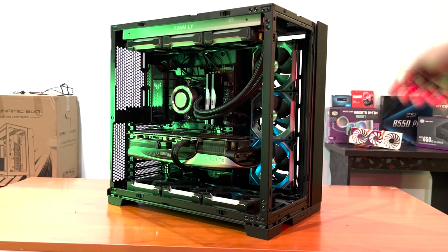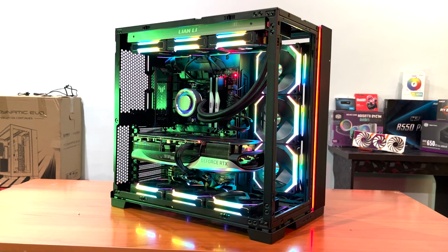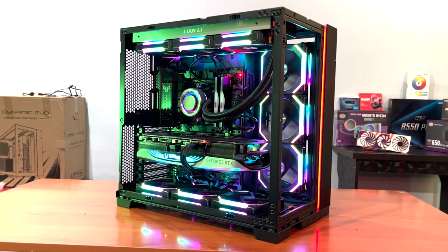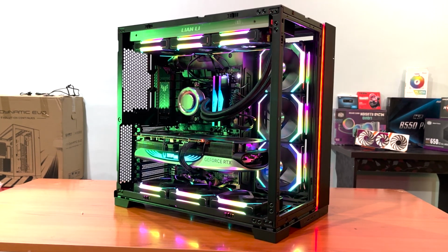Well, the build is complete. And I always mention this, but it always feels nice when the PC turns on with the first touch of the power button. Now before we get a look at the PC in all its glory, let's take a look at some of